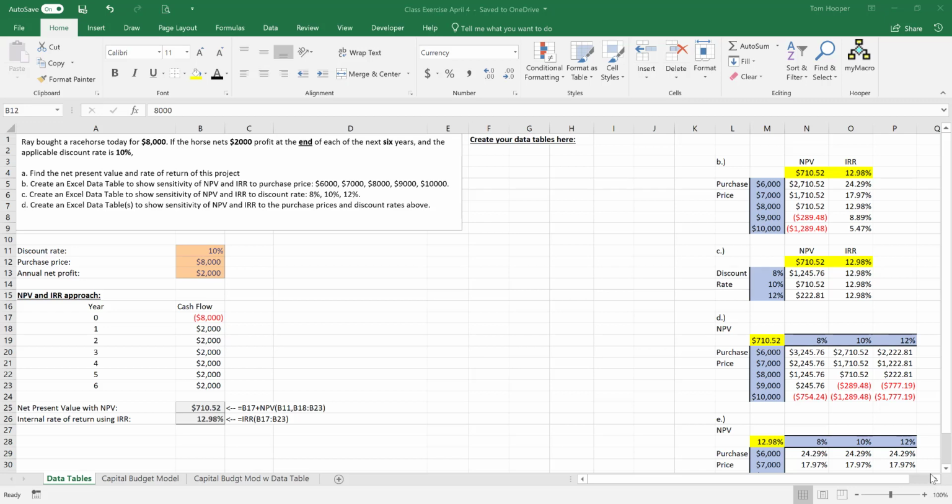This video will review the work that we did in class on April the 4th about building data tables. First, we're asked to calculate the net present value and rate of return of a project. This is straight off the exam. Then we're asked to create an Excel data table to show sensitivity of those outputs to one of the inputs,